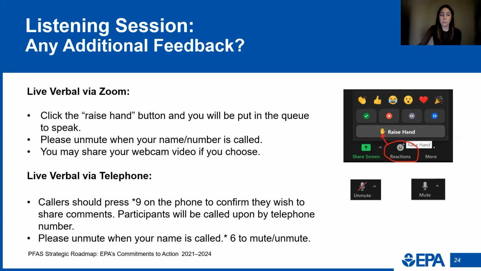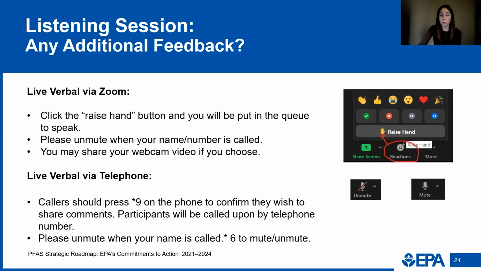Please click the raise hand button. You can find that in the bottom navigation in the reactions tab. Please keep your hand raised until you receive a message in Zoom and you have to click on that message, and that is what will allow us to give you speaking permission. So look for that message, and then once you click on it,